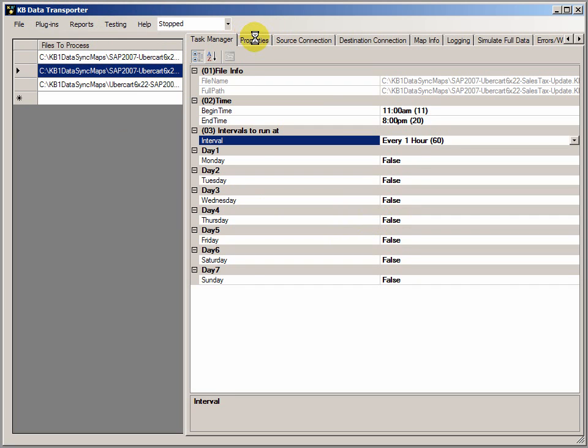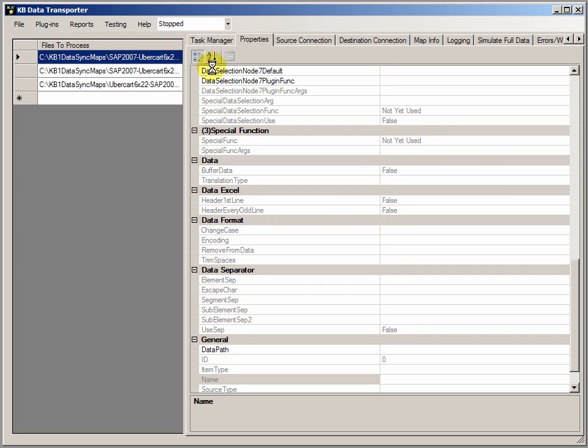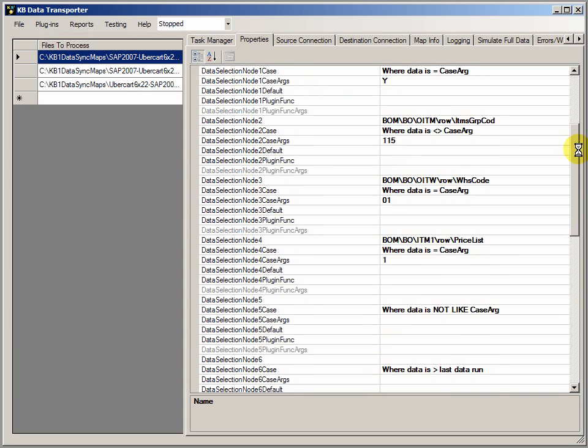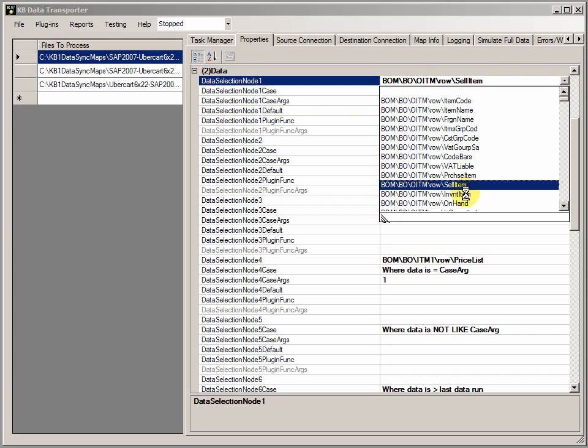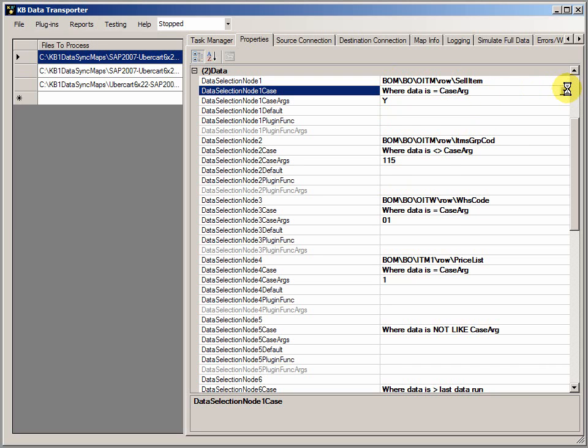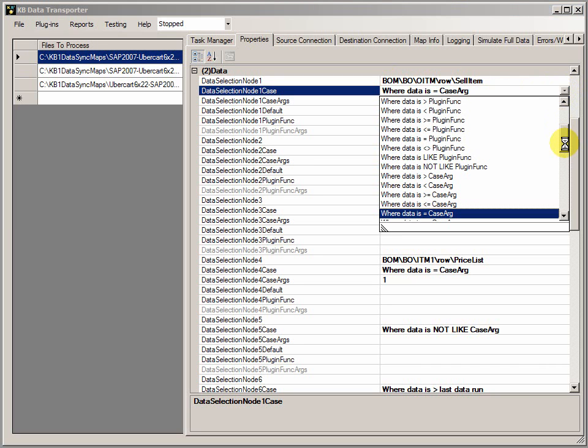The KB Data Transporter also allows you to filter the data that is going to go from the source to the destination. So it allows you to narrow down the amount of information that you want to push from the source over to the destination. That is all set up through the individual drop-down boxes to pick what it is on the source that you want to filter out, the criteria that you want to filter out that data, whether that be